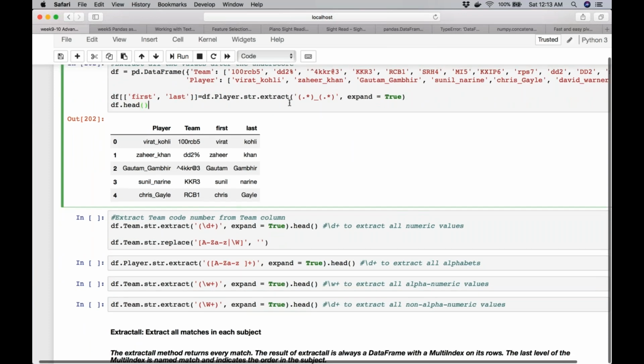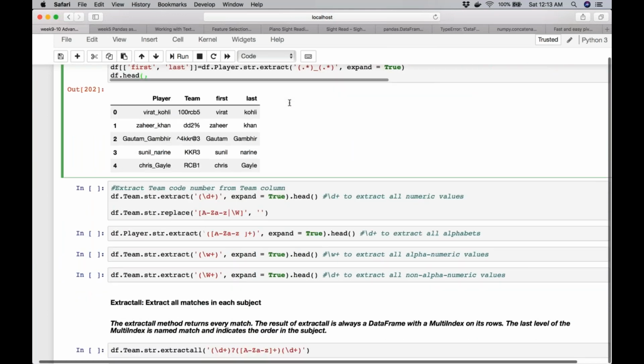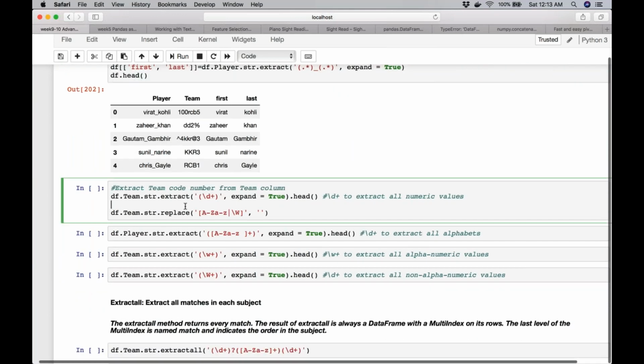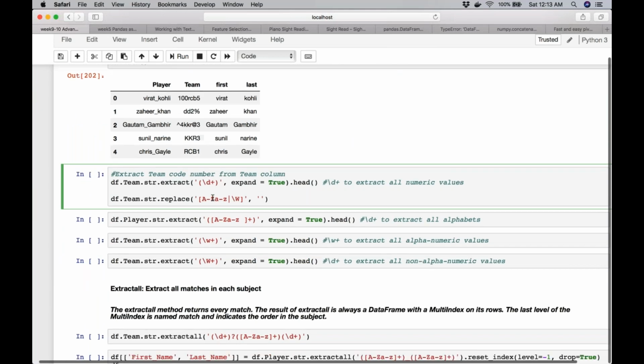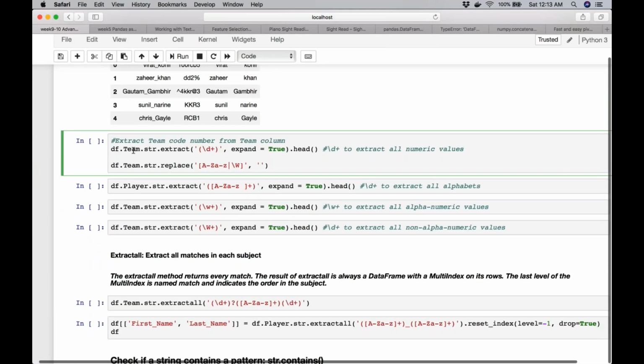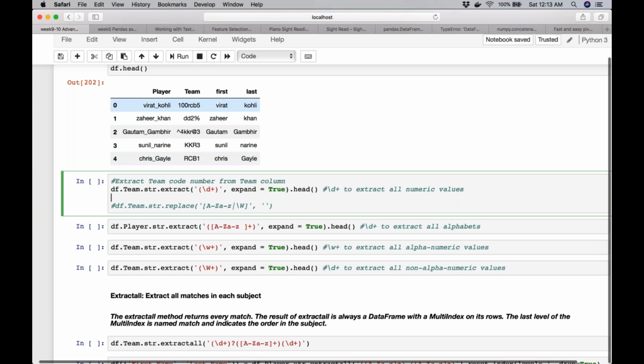So this was the regex at its simplest, right? Now the second example. Now I'm using extract with backslash d plus. What will this return? Now I'm looking at the team column, not the player.